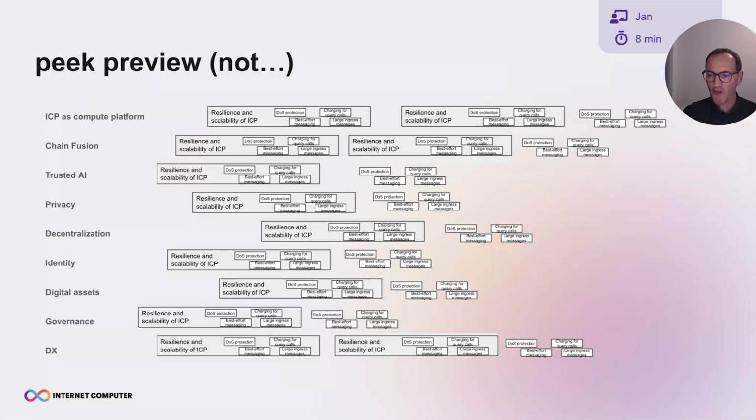Again, it's not the last time you will hear about milestones and roadmaps and stuff like that from now on. It is really just a sneak preview so that you know what's coming your way. And also, it's not only R&D itself, right? This has to be supported by the whole organization. We can really build a fast marketing around that and get the ICP community, but also the crypto community at large excited about what the Internet Computer can do for everybody. Thanks a lot, and to be continued.